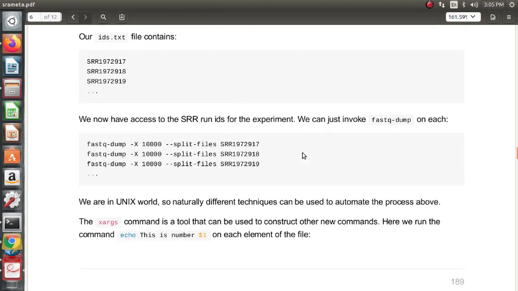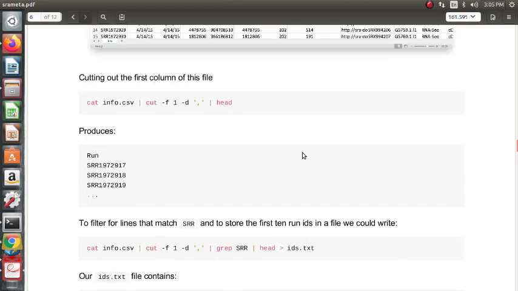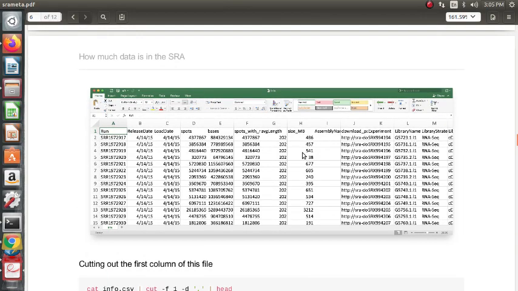These are the commands we can use to check each column or attribute of the SRA run info. The first column will be run, the second column the release date, then load date, and then the number of spots, the number of bases, and spots with average length and size.